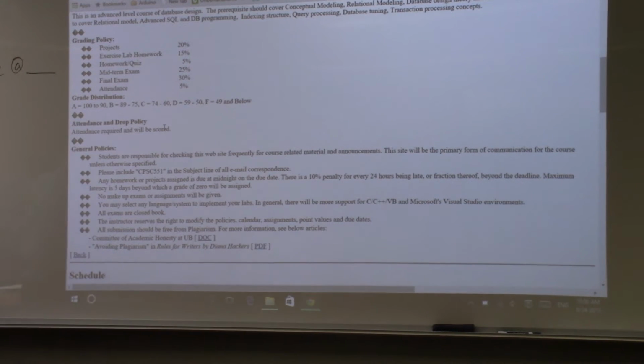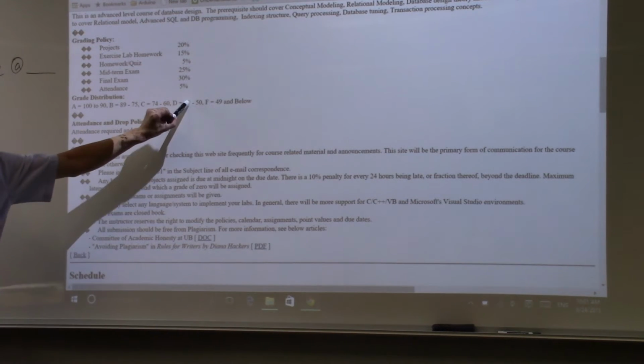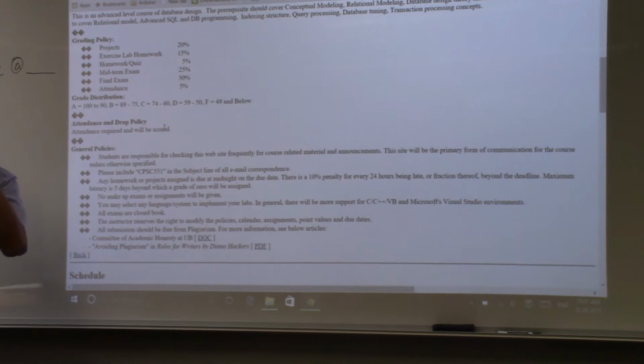However, based on my experience, if I use the same distribution as this one, not many students will get an A or A minus. So, if the overall performance is not better than this grading distribution, I usually focus on B as the middle of the general distribution. Which means if the average is, for example, 60, around 60 will be B or B minus and B plus, something like that.